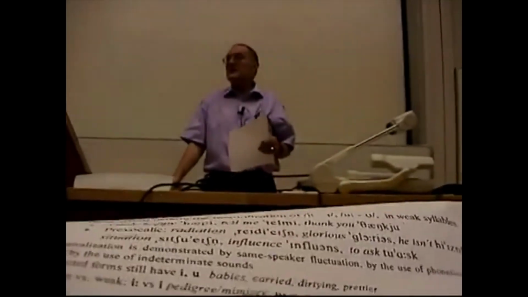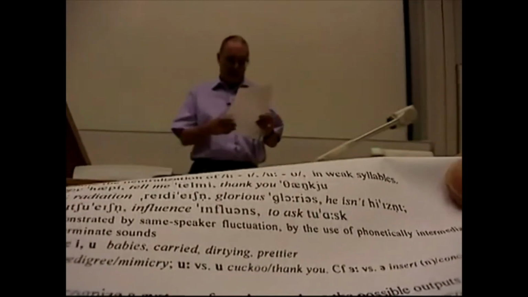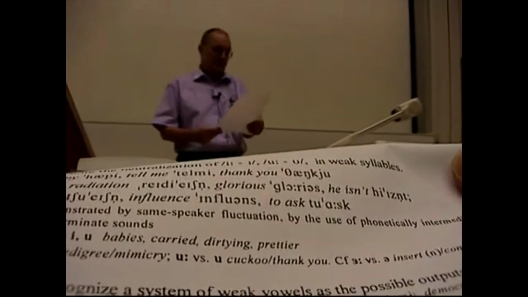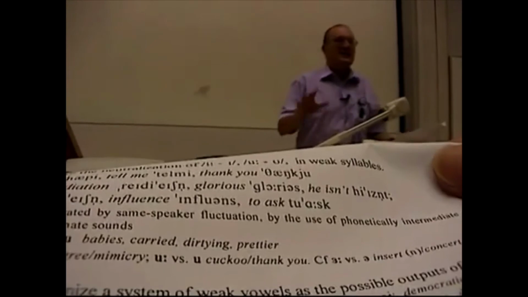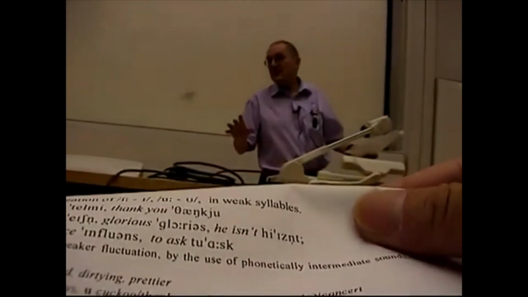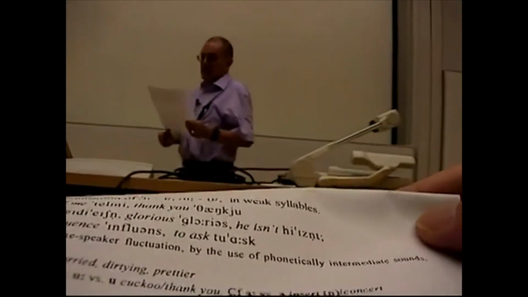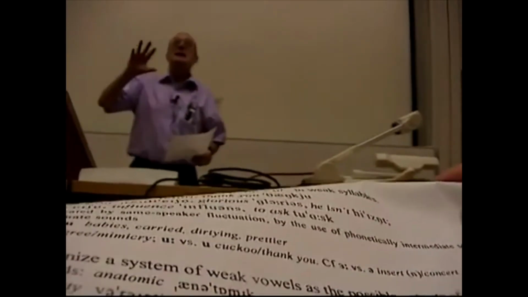Cuckoo always ends in long oo in English, while thank you has the compromise vowel. And this is comparable to the difference between strong and weak vowels that we see in the noun and verb insert compared with a consonant which has a schwa. So what I'm demonstrating here for the advanced students is the maintaining in unstressed syllables of the distinction between strong vowels and weak vowels, because we can still get strong vowels in unstressed syllables.